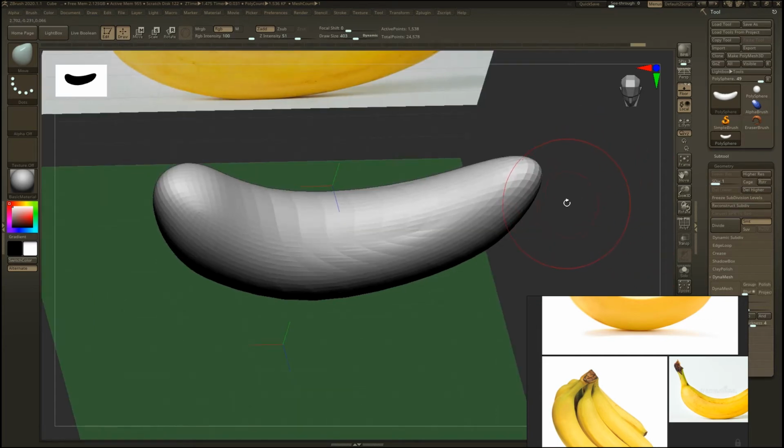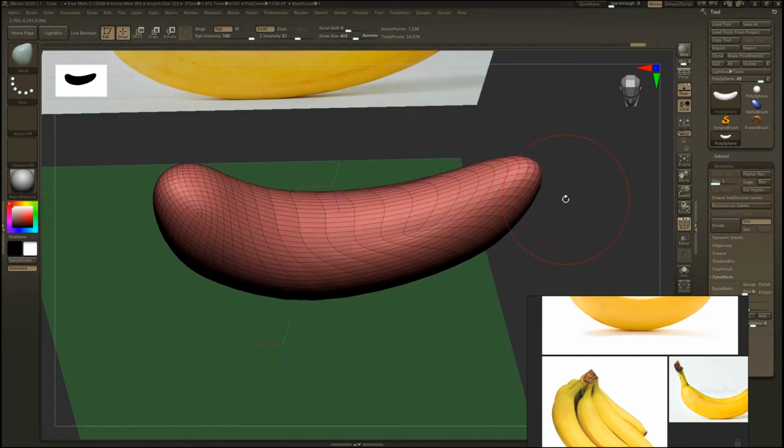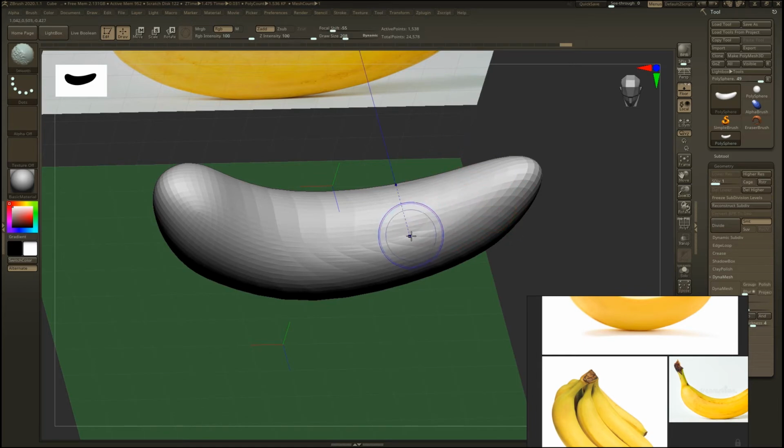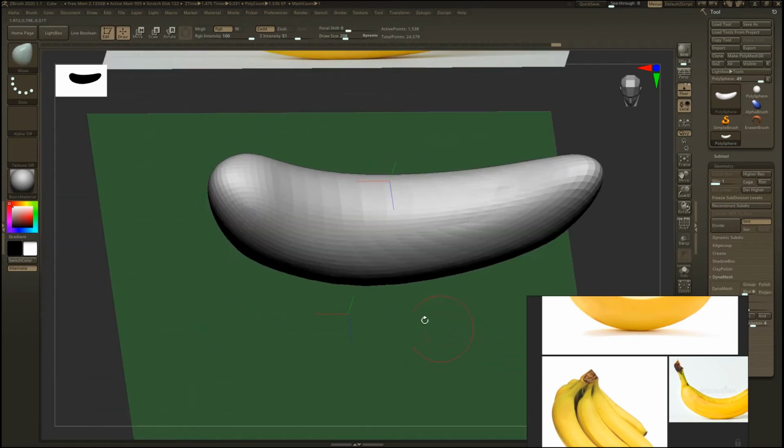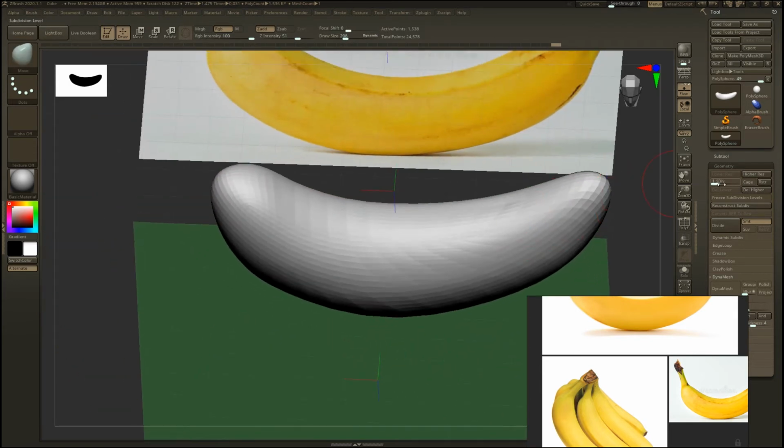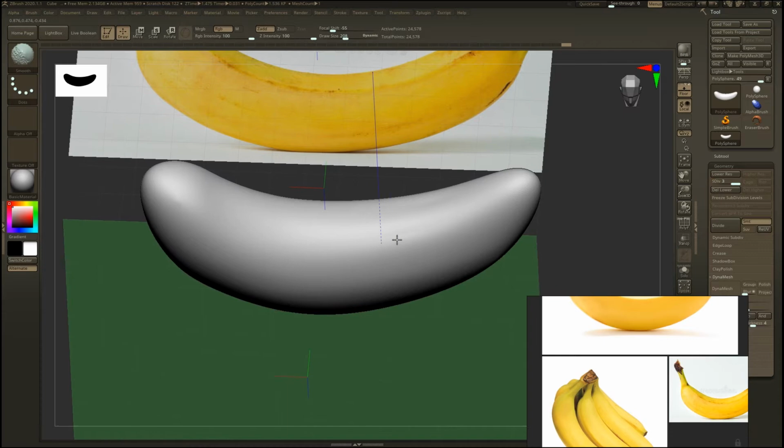You can press Shift Tab to see the density of the wireframe in the canvas, or go here to see the number of polys in that subtool. As we go to a higher division, the number of polys will multiply by 4. So if you want to easily smooth out the surface, just go to the lowest subdivision level like that. Now increase the subdivision level as I want to smooth in a controlled fashion.